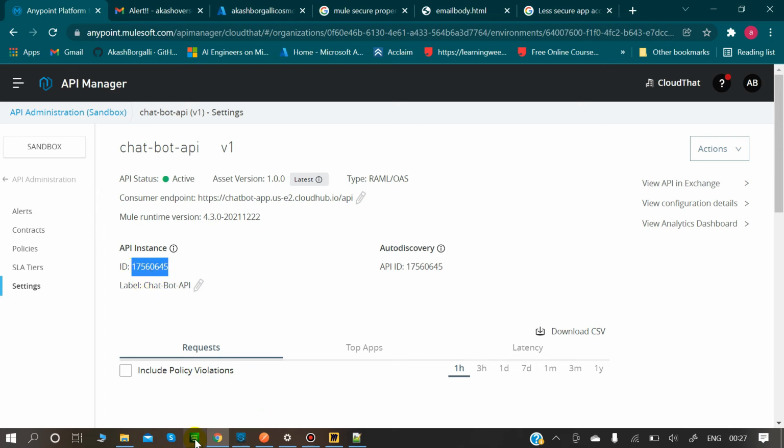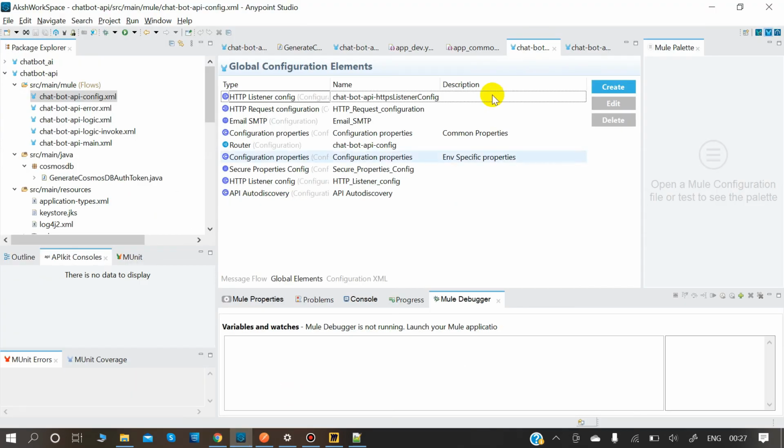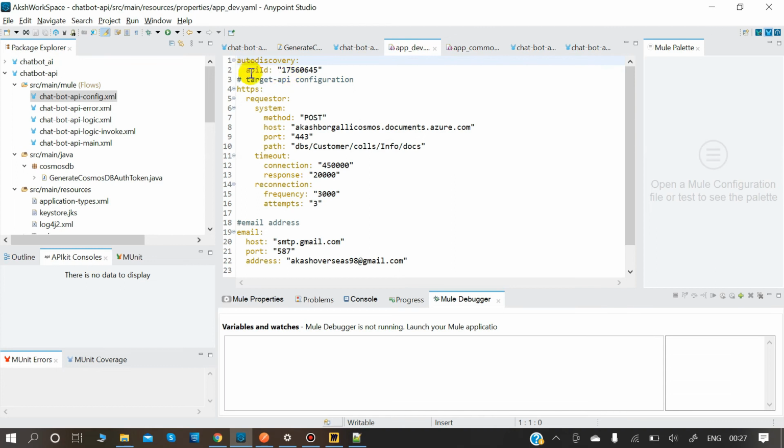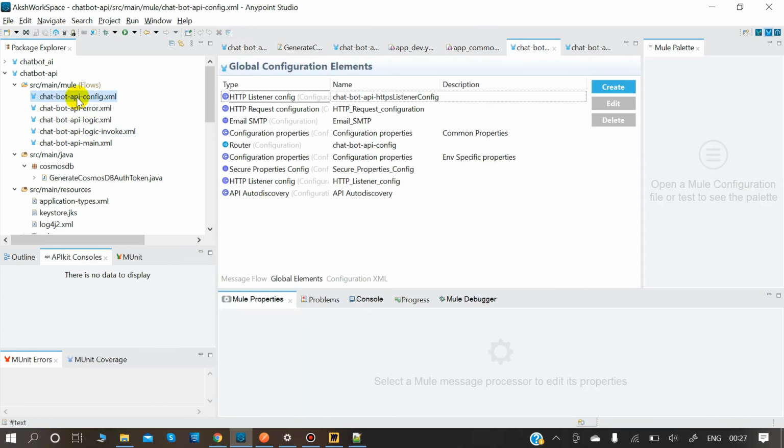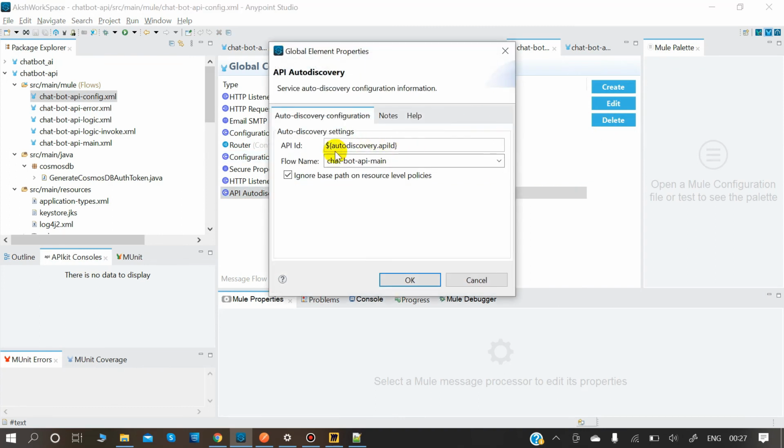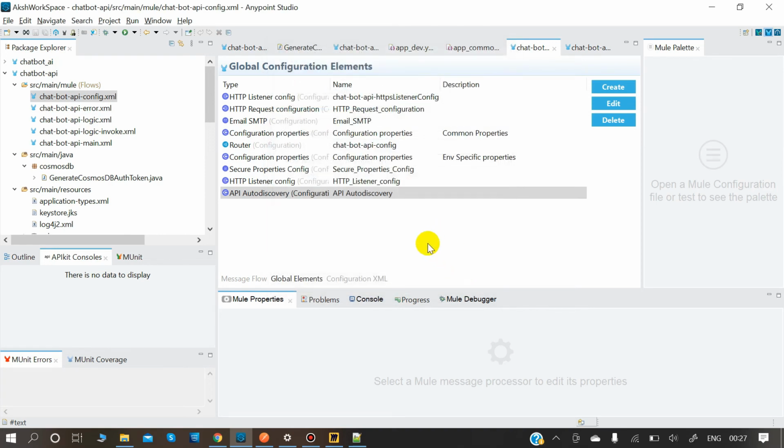So you would copy it from here, come here, and in this dev auto discovery API ID you would add this. And let's check the config.xml in auto discovery. You give autodiscovery.apiId and the flow name that would start from main. Now this was one thing you need to take care of before deploying.